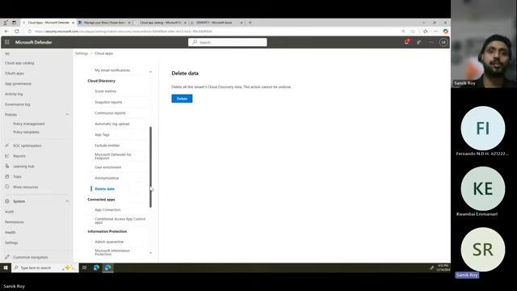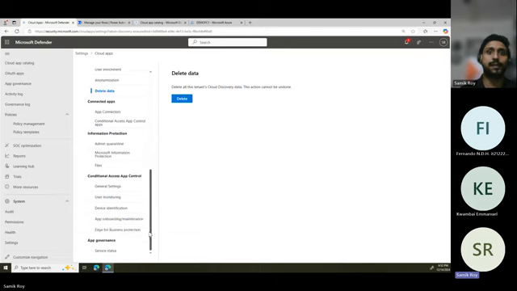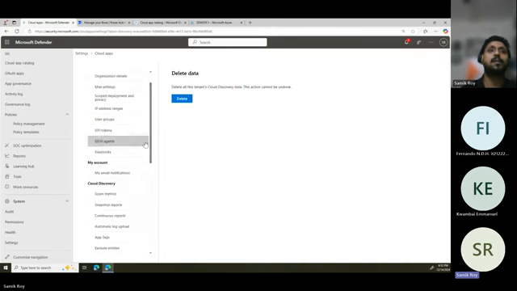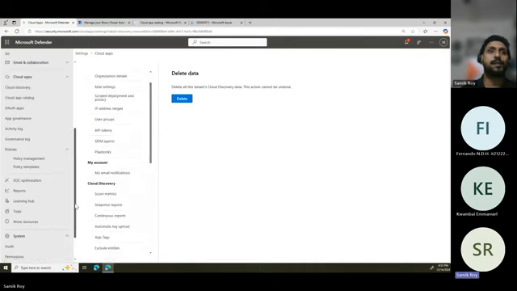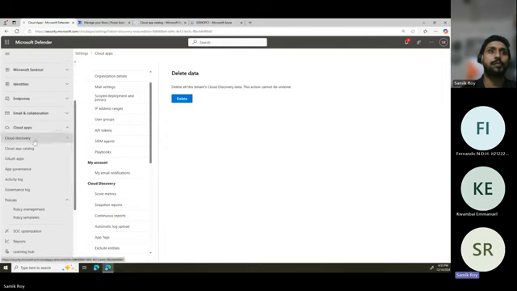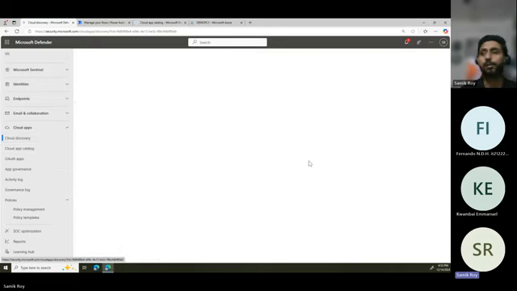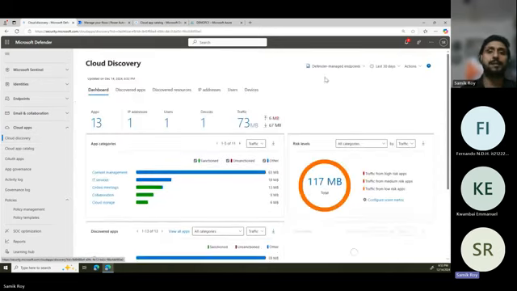The next section of the things we'll definitely try to cover in our next session. There are quite a few around connected apps, information protection, conditional access control, and app governance. But so far we have talked about the settings. Once the settings are in, right, we would like to jump into the cloud discovery under cloud apps, the first option. So when I go there, as I was talking about creating new reports, right, then you can see